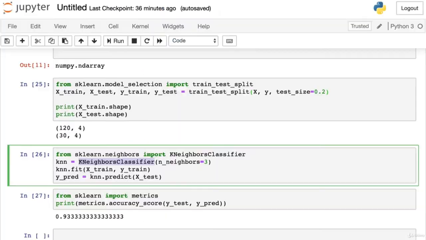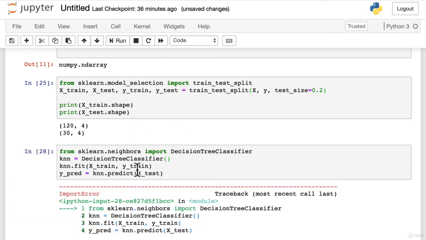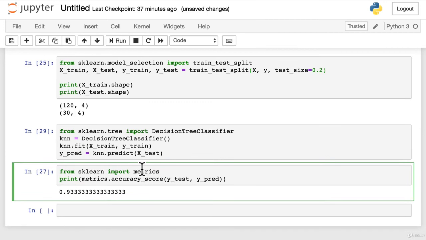So how can we do that? Well, I simply import something different. I can import the decision tree classifier, and instead of the k-neighbors classifier, we now use the decision tree classifier, which we don't need to give any parameters. And if I now run this, I have to change this to tree. So if I run this and we run our accuracy test,